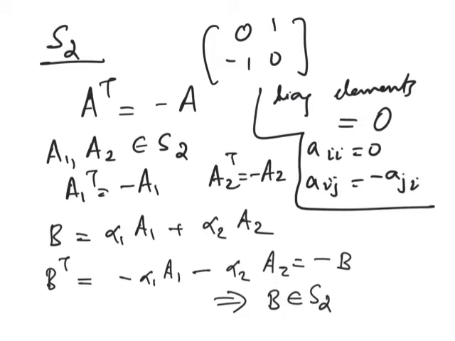Why is it that the diagonal should be 0? You will get A_ii equal to minus A_ii, something like 2 equal to minus 2. How can that be? Because the diagonal doesn't change when you take the transpose. The only way to handle the condition A_ii equal to minus A_ii is to put A_ii as 0. Otherwise you will end up with notions like 1 is minus 1, 3 is minus 3. It's not possible, right? That is why the diagonal elements of a skew symmetric matrix are forced to be 0.